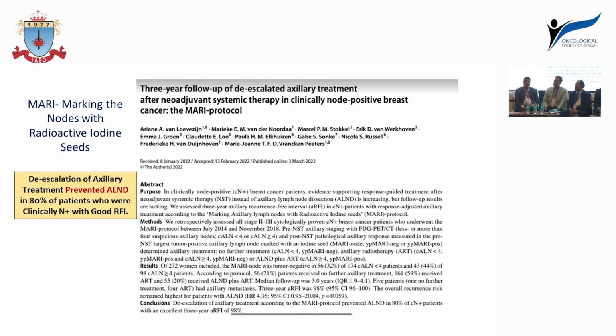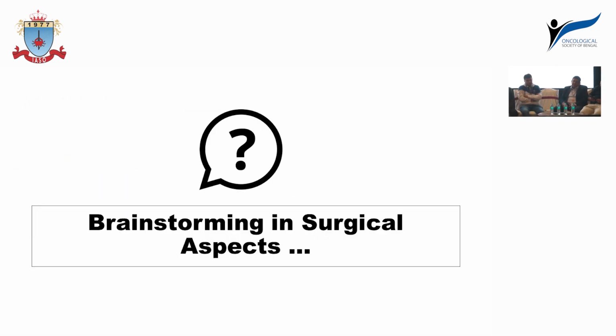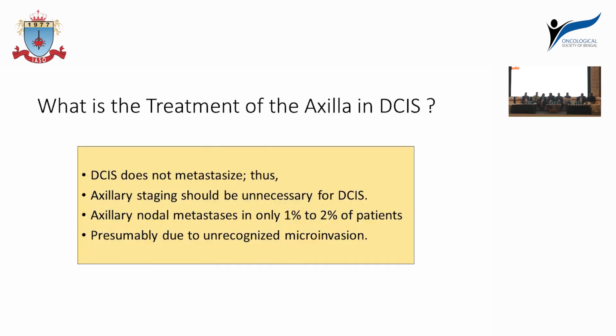Dr. Ghosh, do you have any other options while evaluating the axilla in post neoadjuvant chemotherapy patients? So we would do CT thorax and whole abdomen to see the response, whether any mets have arrived or not, and also for the axilla, we would do a CT scan or PET CT accordingly. Okay, so PET versus CT. So we are of the opinion that these are options for us to look for the response evaluation. Now coming down to